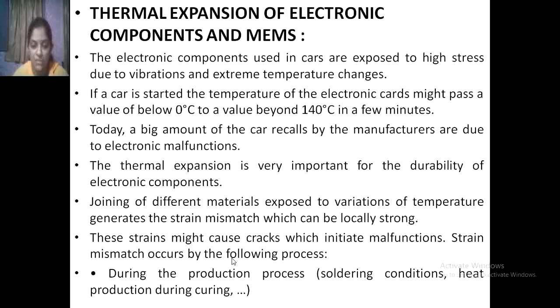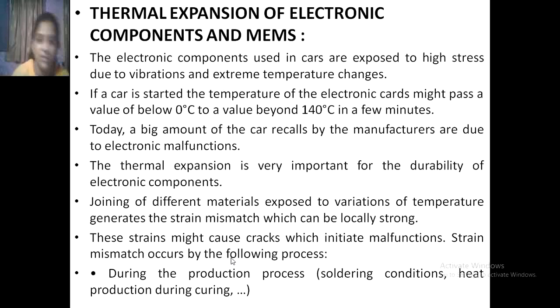Strain mismatch occurs by the following process. During the production process, that is soldering conditions and heat production during curing. So it is nothing but the thermal expansion of electronic components and MEMS, because electronic components are